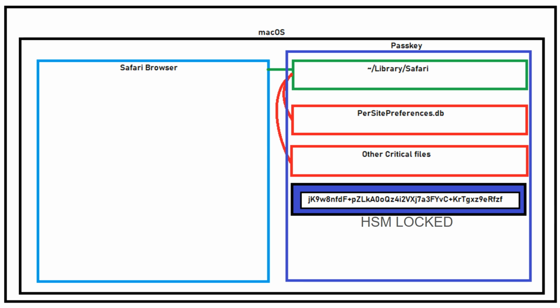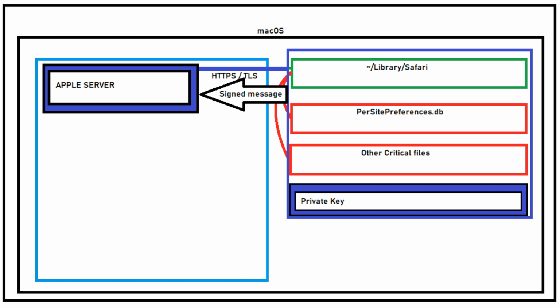So using an API hosted by Apple for secure passkey input, the user unlocks the encrypted file that reveals the private key to sign a message holding the user ID and the passkey confirmation, that, using a secure channel like HTTPS or TLS, sends the signed message to Apple servers, and Apple verifies the signed message and confirms that it's the actual user trying to modify the file, or let's say, trying to let a website use the camera.